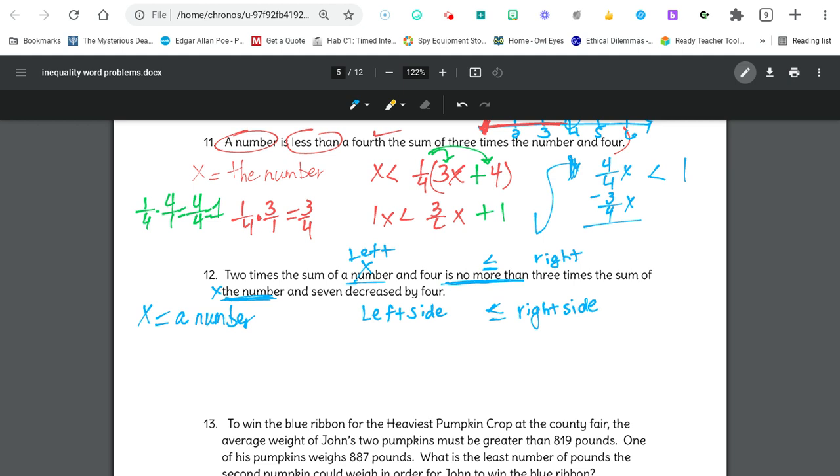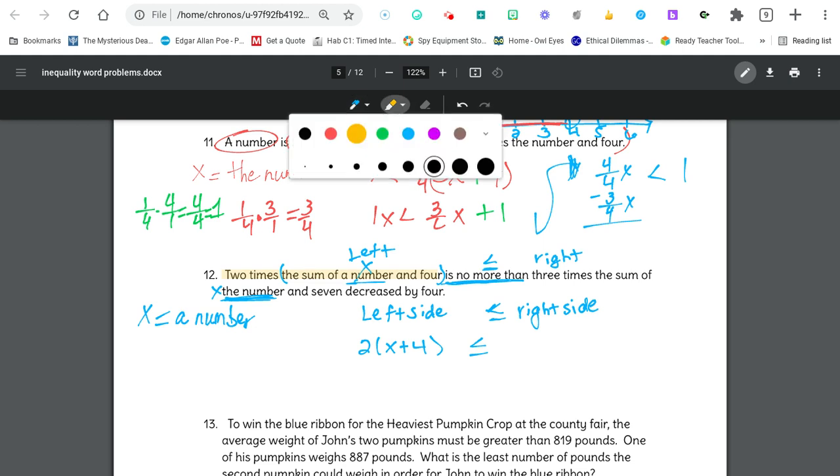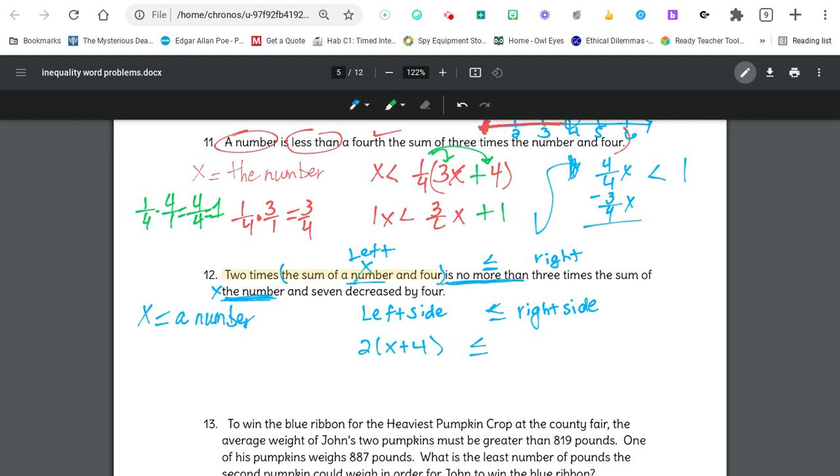So working on the left side, I have 2 times the sum of a number and 4. So I have to multiply the sum of a number and 4 first by 2. So it's going to give me 2 times the sum of a number and 4, less than or equal to. Here we go, let's look at this side. I'm going to change the color. 3 times the sum of